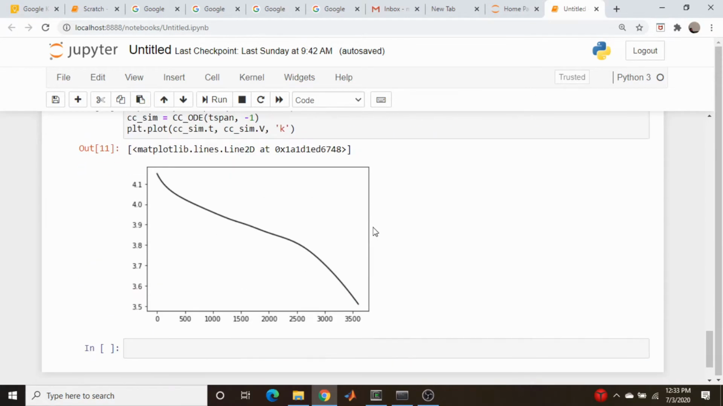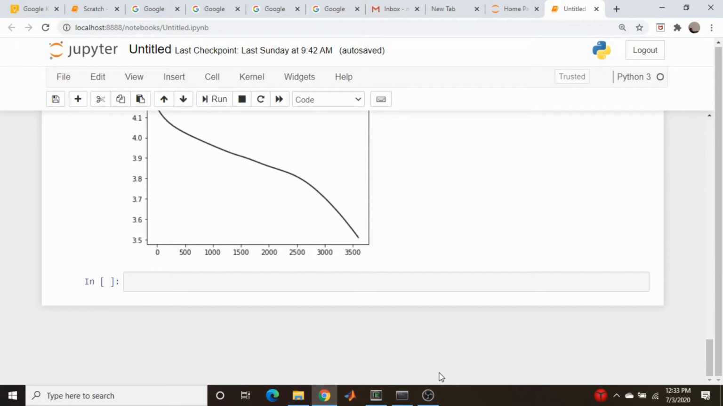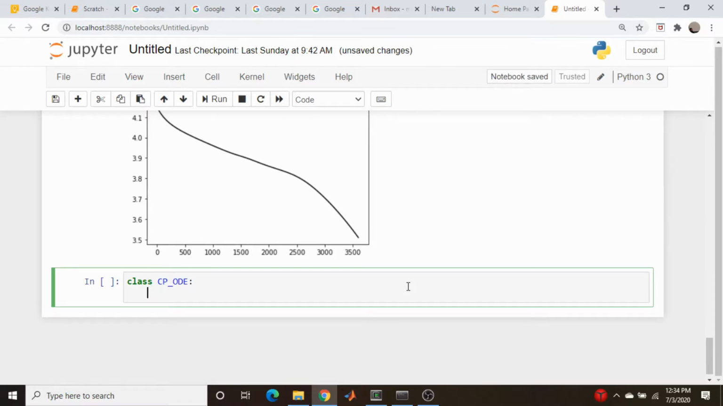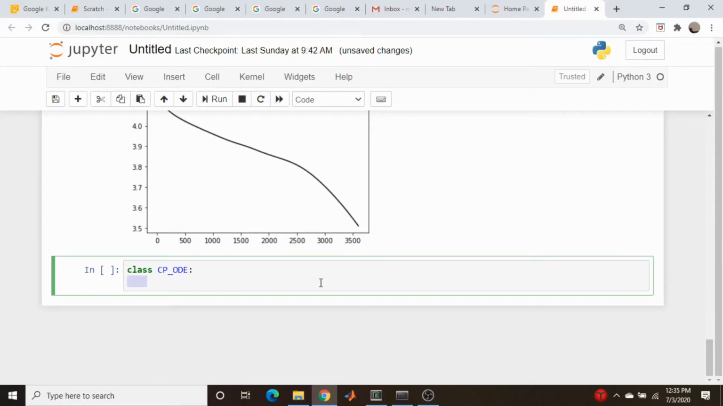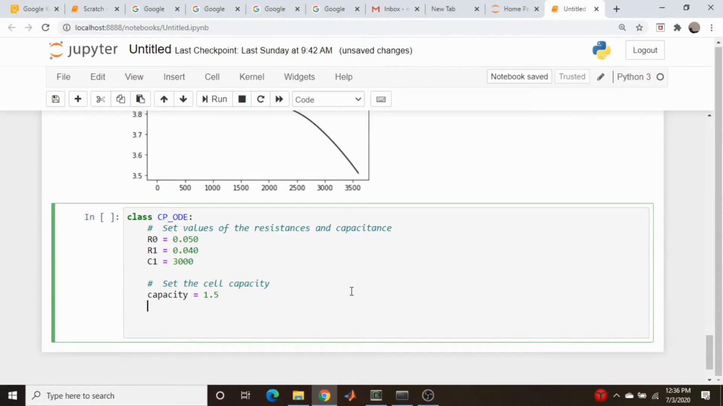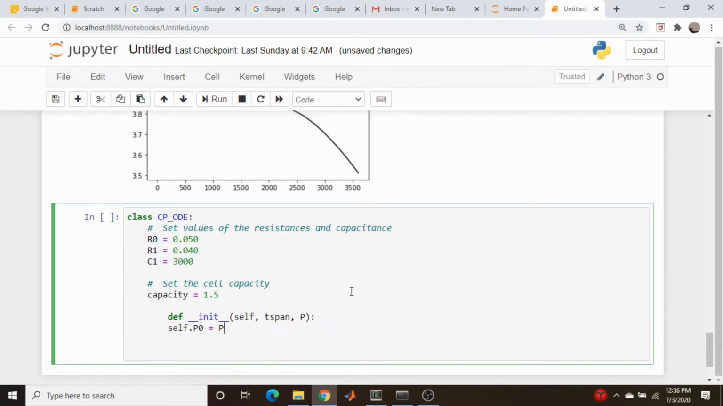So now let's go down here and build up this new class. Let's call this class CP for constant power, ODE. And I'm just going to reproduce a lot of what we have done before. So I'm just going to paste in here the values of the resistances and the cell capacity. And also let's start the constructor here. We're going to do the same thing as before, and I need to fix this indentation. Same idea as before, so when we call the constructor, we'll pass in the time and the power that we're